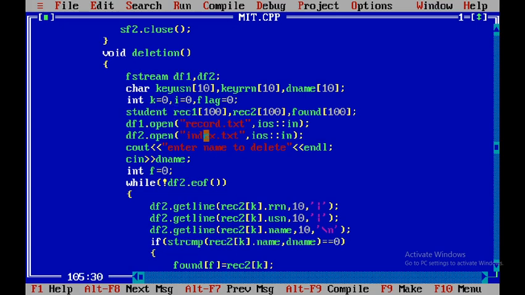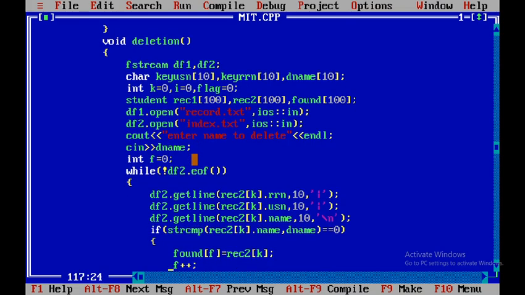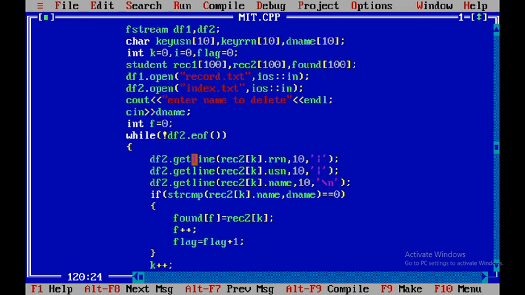Okay, let's see that. Enter name to delete. For example, assume that I want to delete Arjun, the Arjun with the USN 2. In the previous case I searched with the name Arjun 4, right? Now I want to delete the name Arjun with the USN 2. But I need to enter the name first, so I have entered Arjun now. I have taken initialize to 0. It's the same process, nothing different, but deletion is approached here.